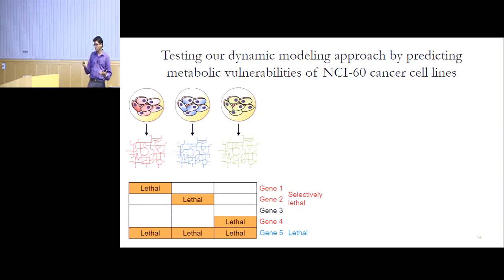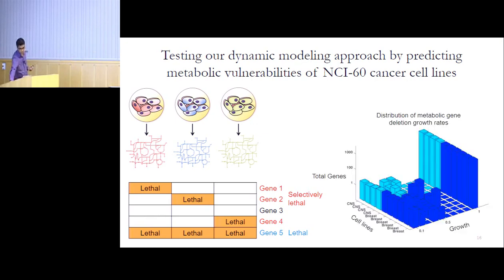By doing this, we found genes that are lethal, that means they prevent the cell from producing biomass across all cell lines. But we also found gene knockouts that were selectively lethal, that means they were sensitive to one cell line versus others. That means we can identify really specific metabolic vulnerabilities in one cell state versus the other. This is a snapshot of the data that we generated. For example, most of the gene knockouts do not impact cell growth, so you have a growth rate of 1, and some impact growth of all cell lines, and some show an intermediate trend like I mentioned.